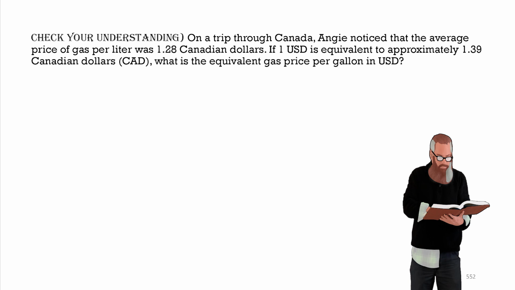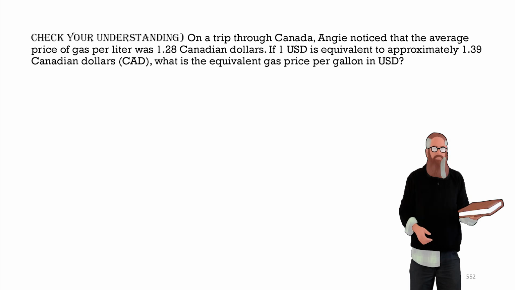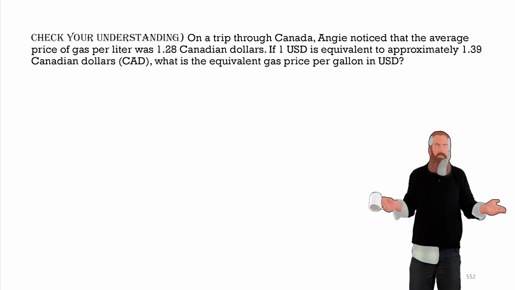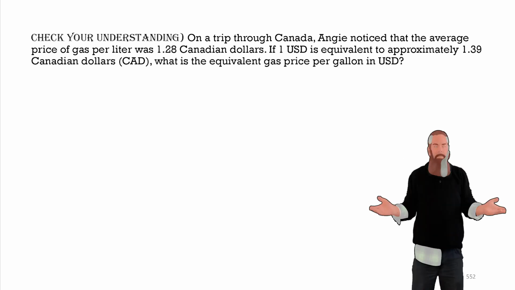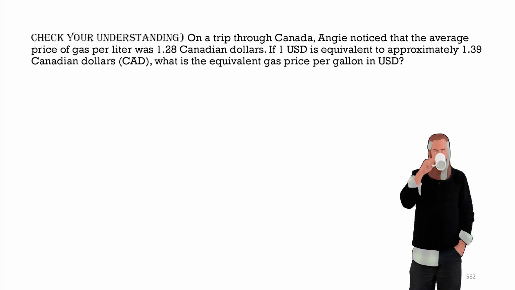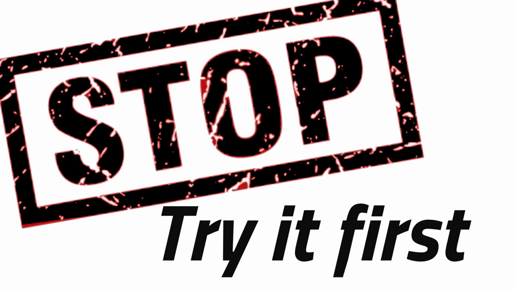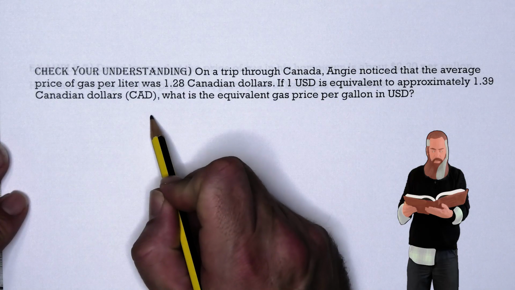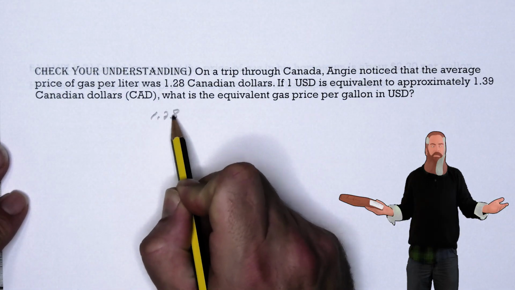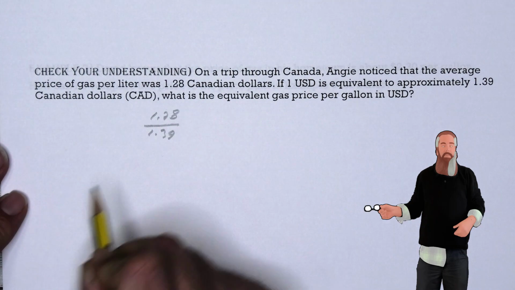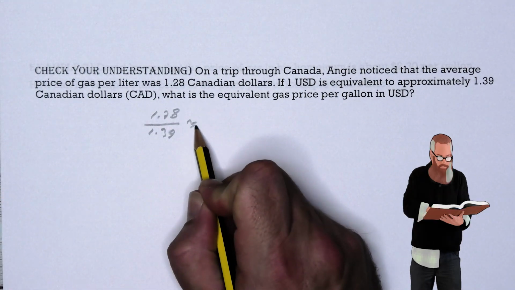Now let's check our understanding. On a trip to Canada, Angie noticed that the average price per liter was 1.28 Canadian dollars. If $1 US is equivalent to approximately 1.39 Canadian dollars, what is the equivalent gas price per US dollar? So we can take their price of 1.28 and divide it by ours of 1.39. This will give us approximately